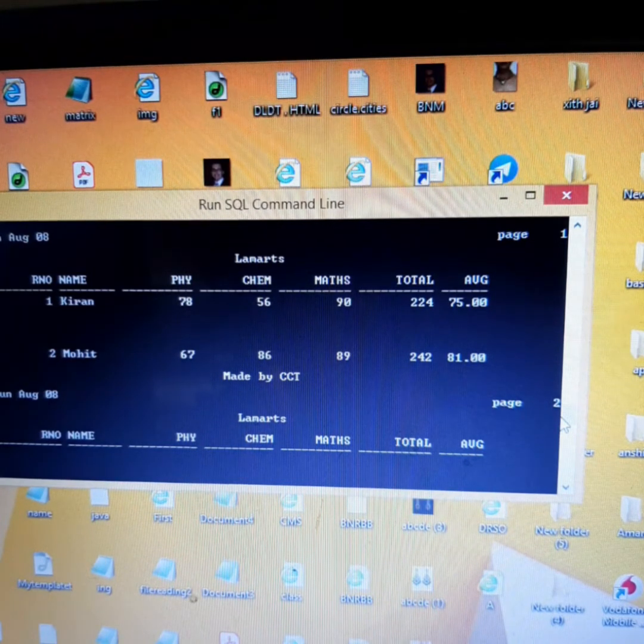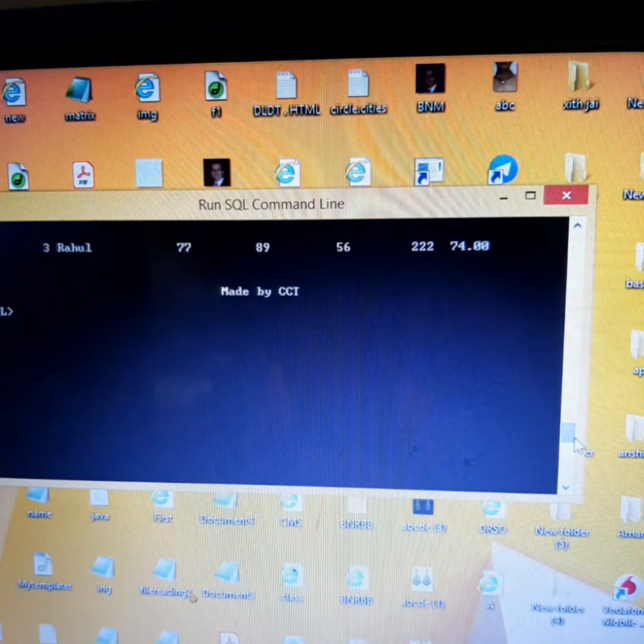Now if you look carefully, the page size has been calculated by it on its own. If we want the page size to be determined by us, we can do one thing: we can write set page size, suppose I say 10.